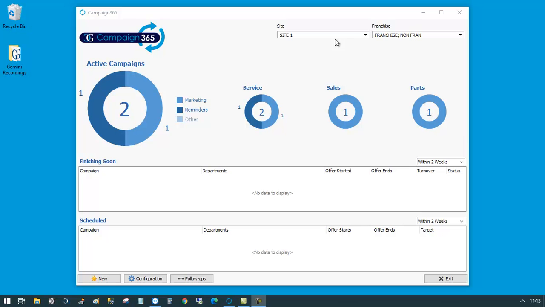So for example, if I'd set some of my campaigns up to only run for non-franchise, when I untick franchise, it will change the amount of active campaigns that I've got here. Okay. You'll see you get a total amount of active campaigns showing over here on the left, and there's a key there to indicate just what each colour means. So you can see that I've got 2 active campaigns, one of them being a reminder, one of them being